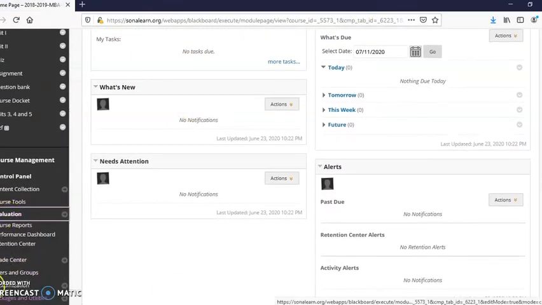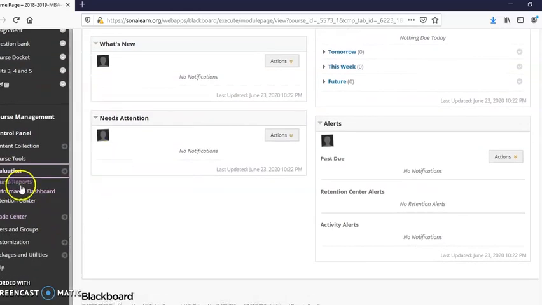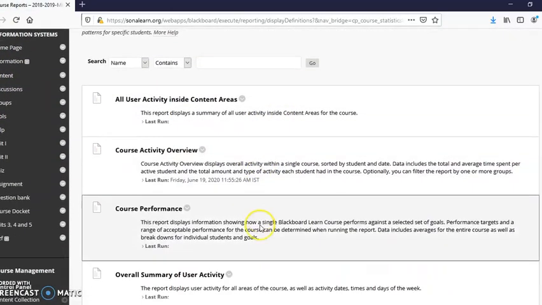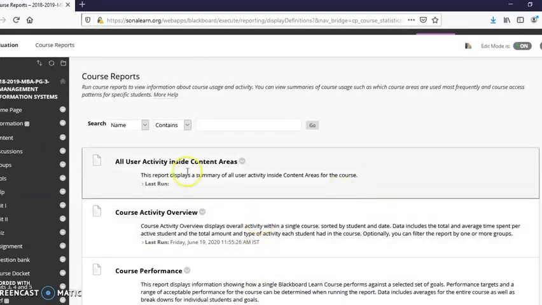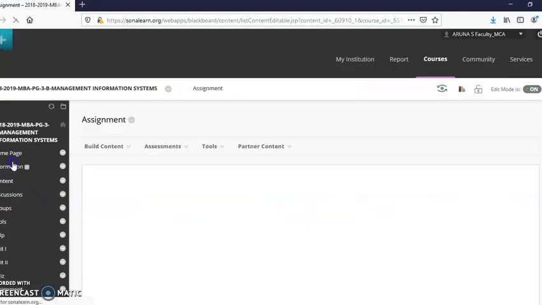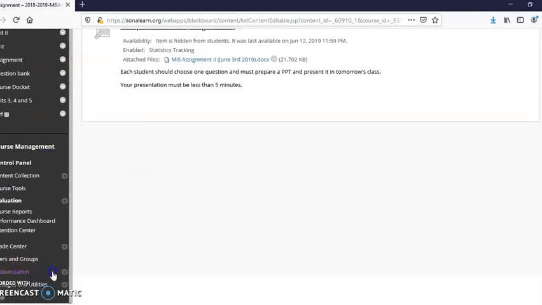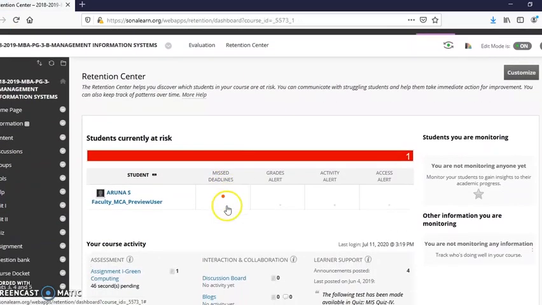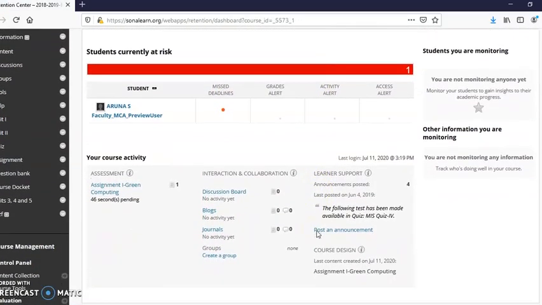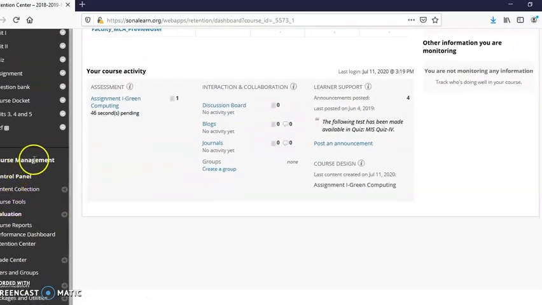Under this evaluation, in this retention center under course management, our assignment is ready.